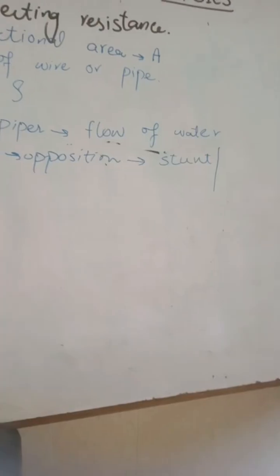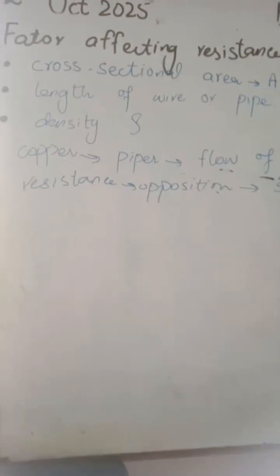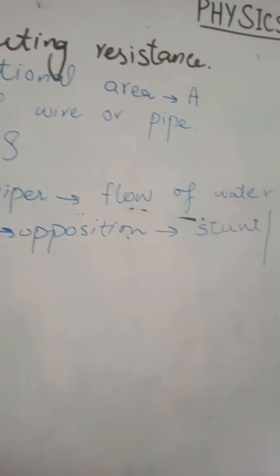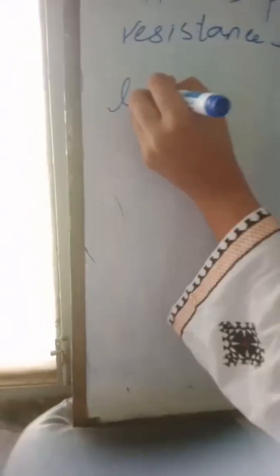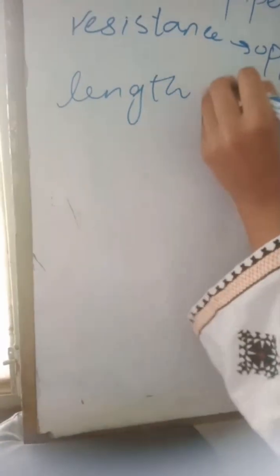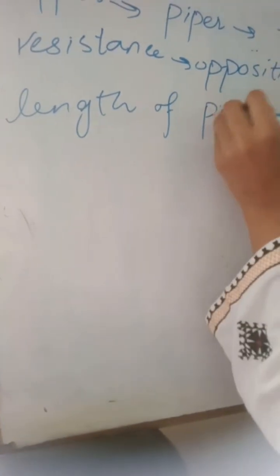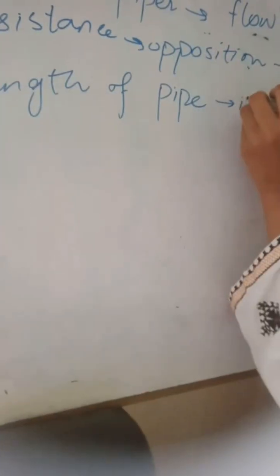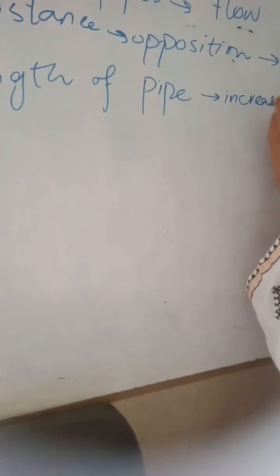During flow of water, flow of current, here they are telling us about flow of water in a pipe. If the length of the pipe increases, there would obviously be greater resistance, because